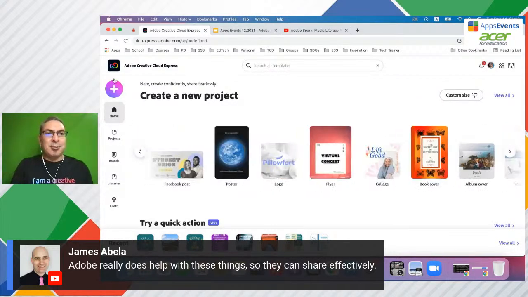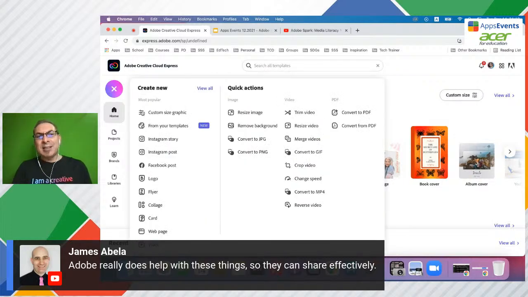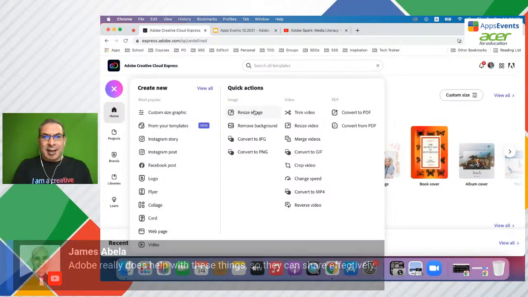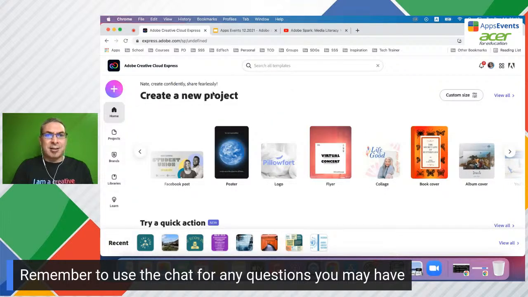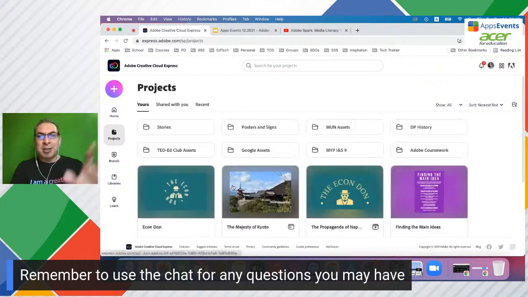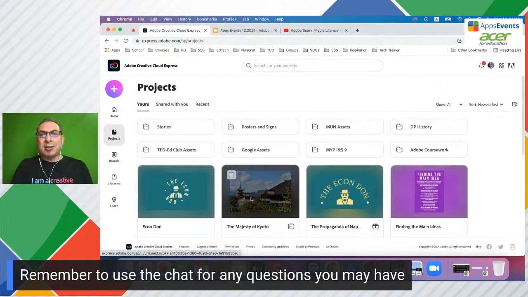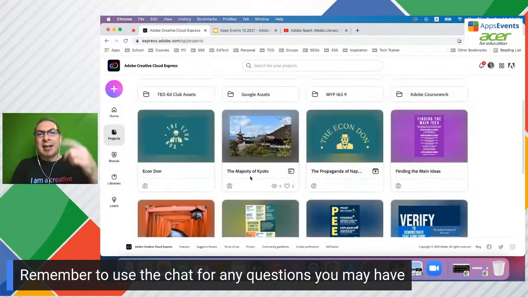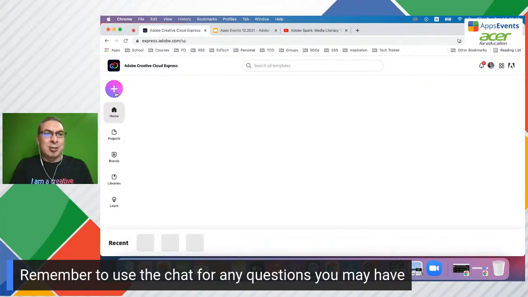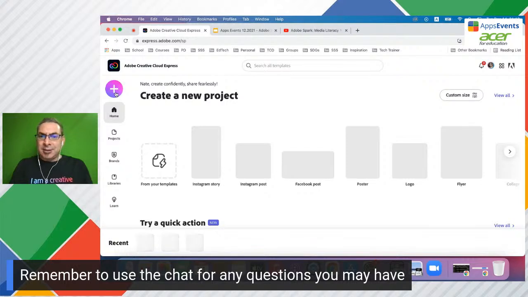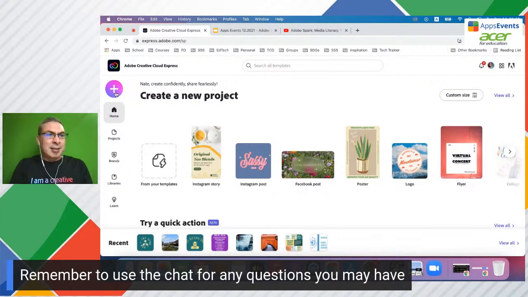So here is the plus button. If I tap on that, I can look here, and no, that's not giving me what I want. I just had it open a moment ago. If I click on projects, I can, well, let me show you the dashboard here for a moment. These are all different projects that I've created. Note that you can create folders in here. So if you really get into using Spark quite a lot, then you can do that. So we're back in here.